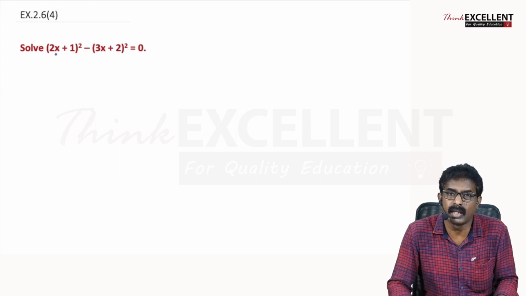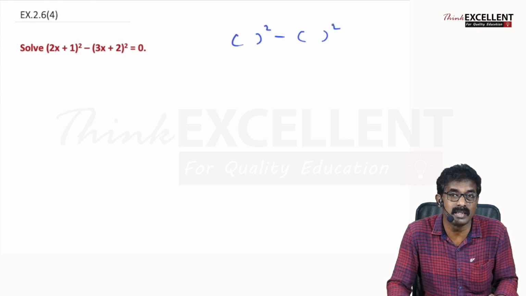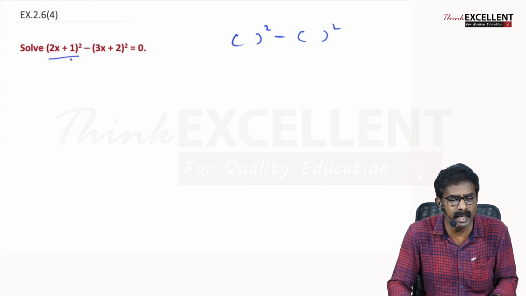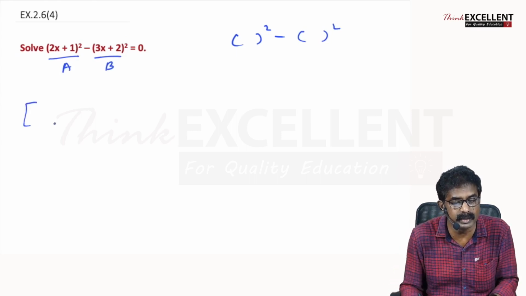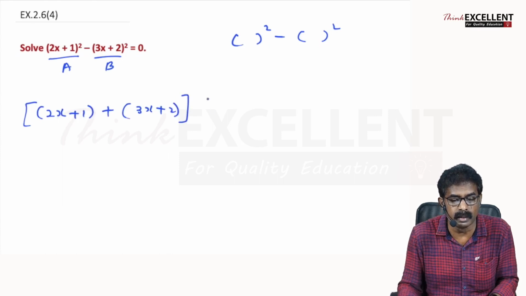So one thing you can expand and simplify, right? A plus b the whole square, you can do that. Or look here, something square minus something square, right? So this is of the type a square minus b square. So you can factorize directly. You take this part as a and this part as b. So a square minus b square, you can write it as a plus b into a minus b, that is (2x plus 1) minus (3x plus 2), so bracket is important,